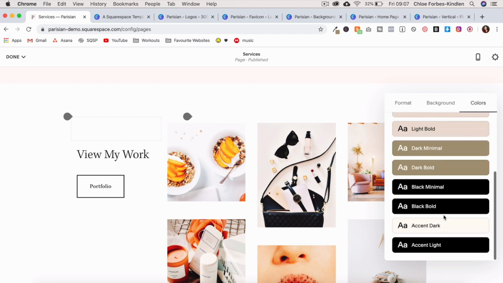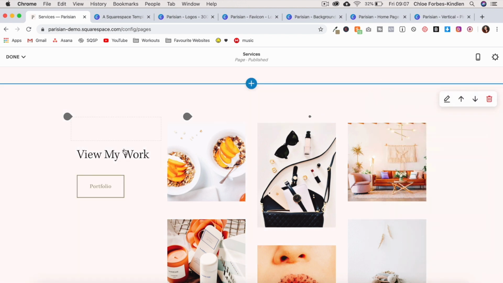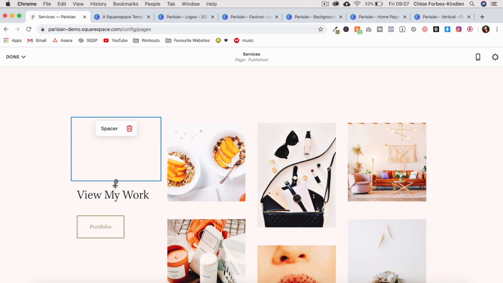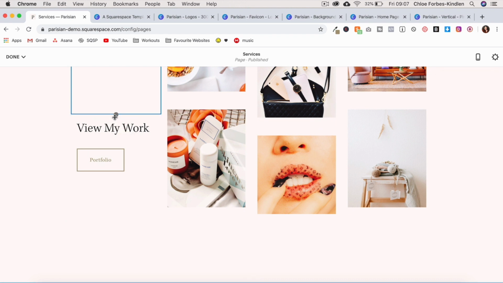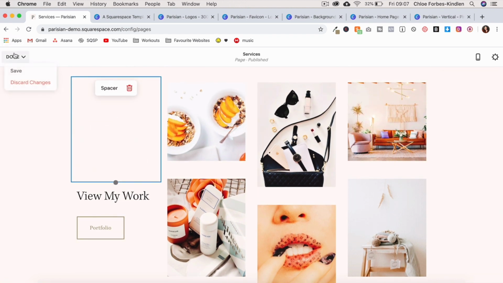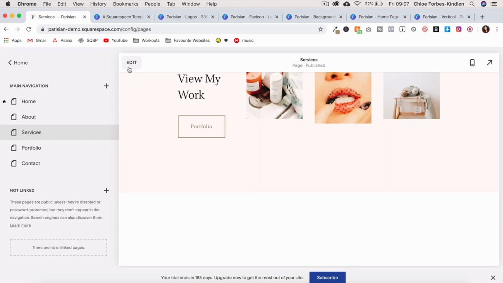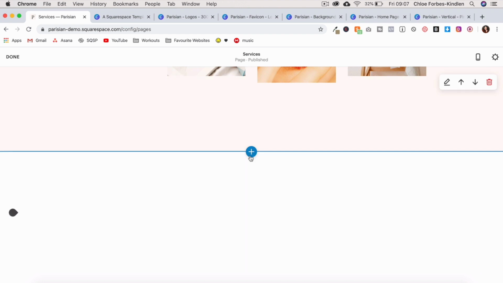default off, accent dark. But before we hit save, we're going to take this spacer bar, find a little dongle, I guess you call it, and drag it down here so that it's displaying a little bit lower down. Once you're happy with the placement, click done, click save, hit edit again, scroll down and add a new section,